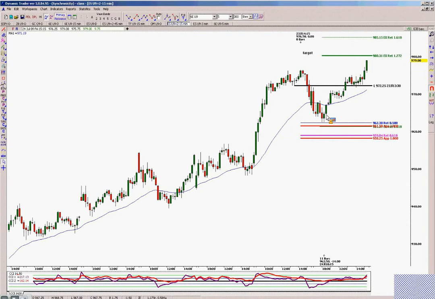But there were a number of different times that you could have looked at an entry with this original setup in mind, or there are times where you will retest a zone, and you can take it on the retest if you get a trigger. The odds are not quite as high on the retest as it is on the first test. So you want to keep that in mind, and for that reason, you do want to use a trigger.